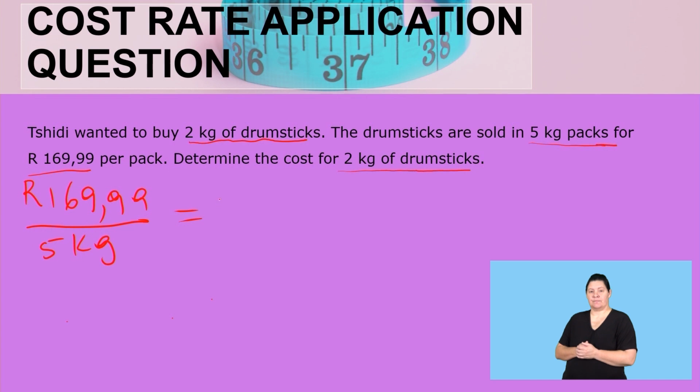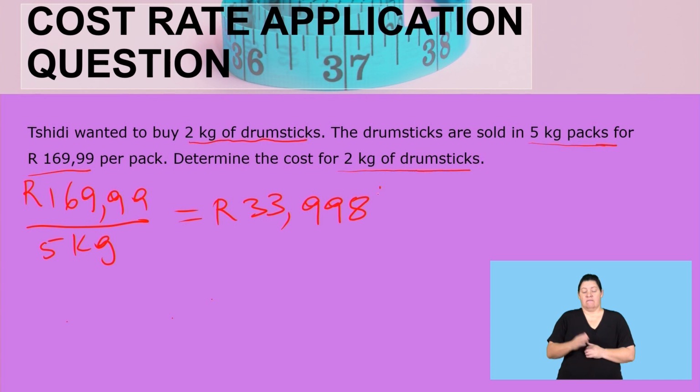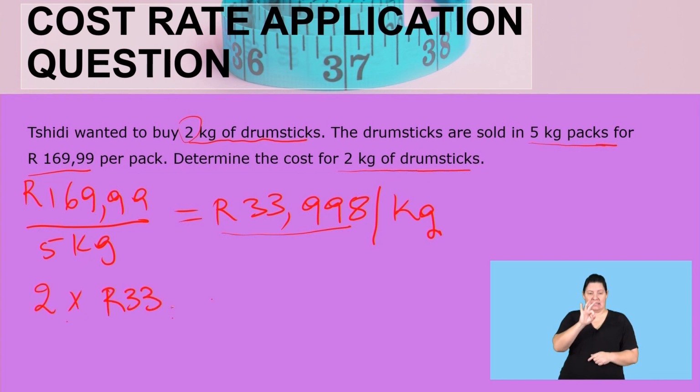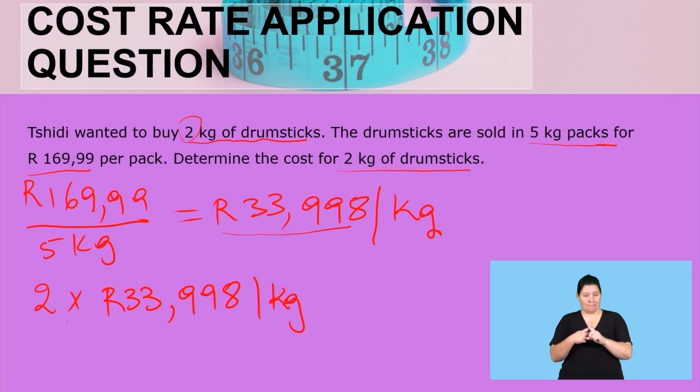We get 33.998 rand per kilogram. So now this is the cost for 1 kilogram. So if we need the cost for 2 kilograms, we will multiply this cost rate by 2. Therefore, we have 2 multiplied by 33.998 per kilogram. So when we multiply, we will have